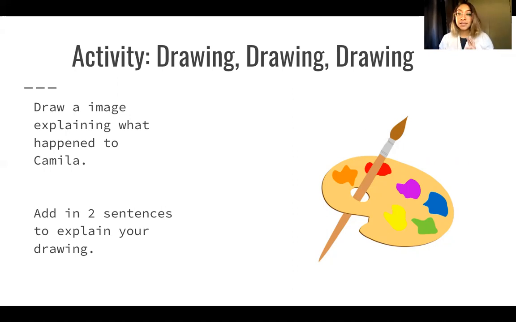Then my second sentence is going to be, I think Camila got sick from Skittles because Skittles have lots of colors. All right, so go ahead and break out into your rooms, and we are going to come back and actually read the story in 15 minutes. And if we need more time, we'll